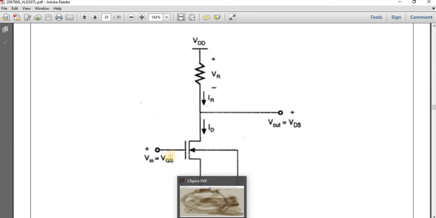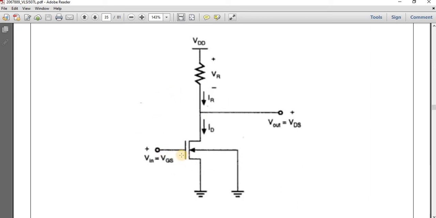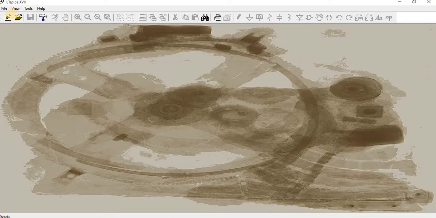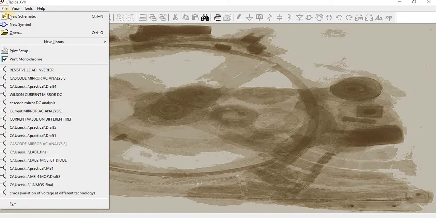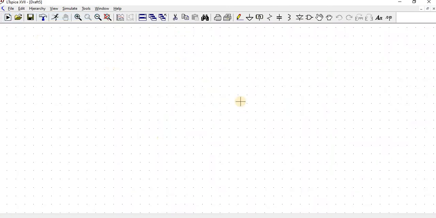Now, the same circuit is drawn in LTspice. I presume that you have a basic idea about the LTspice tool. First go to new schematic. This type of window appears.